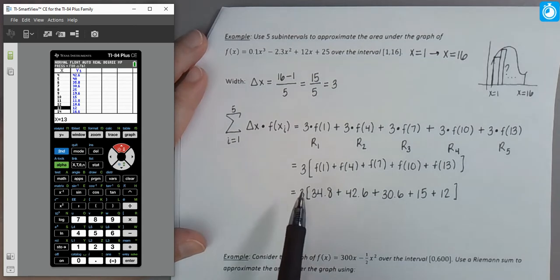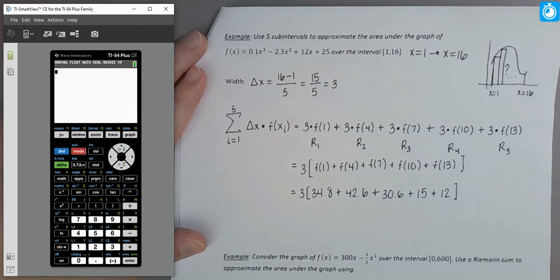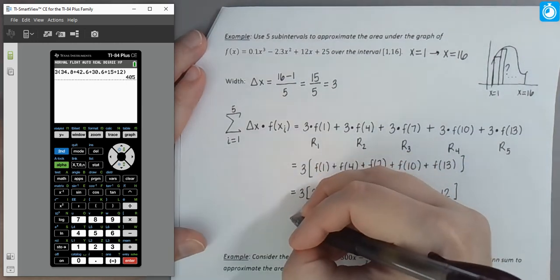There we go. So it's our common width multiplied by each of those individual heights for our 5 rectangles. So now I just need to plug that in and evaluate that. So 3 times 34.8 plus 42.6 plus 30.6 plus 15 plus 12. And there we go. And so that simplifies down to